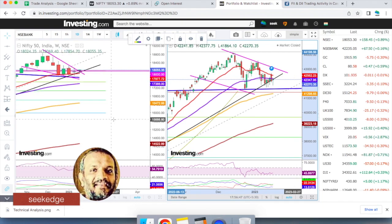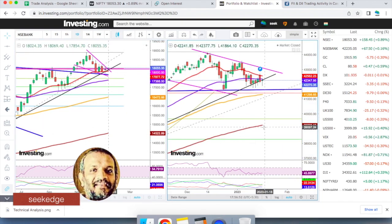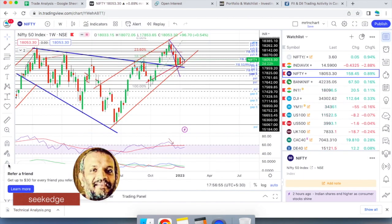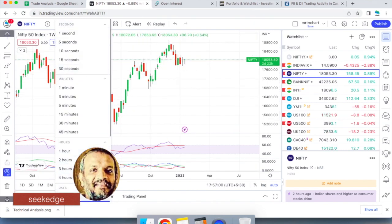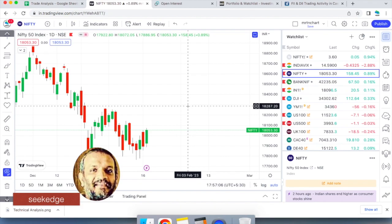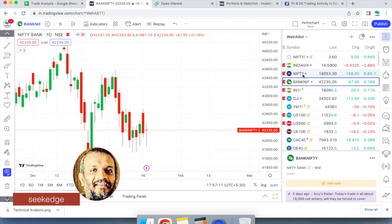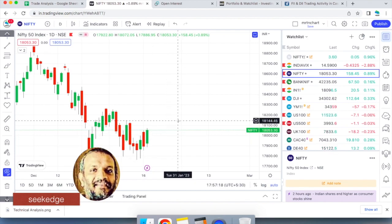Look at this. What you see on the left side is Nifty and the right side is Banknifty, right? Let's look at the daily chart, that's what you're interested in, right? This is such a bullish wide range candle that we have seen. In Banknifty, it's an indecisive doji, right? Banknifty is weak as compared to the Nifty currently, but Nifty has shown a very wide range